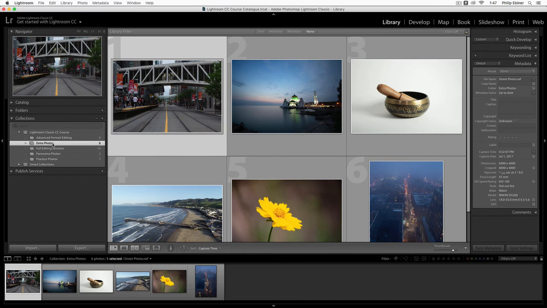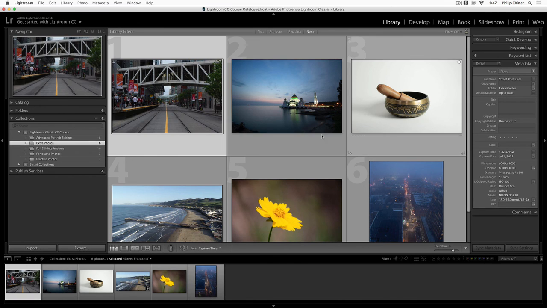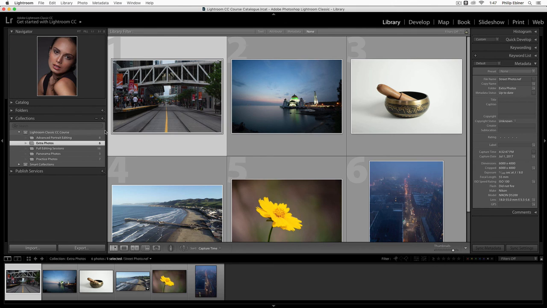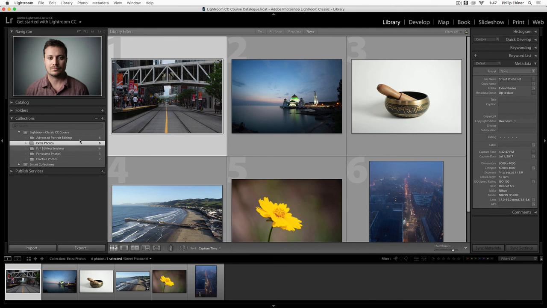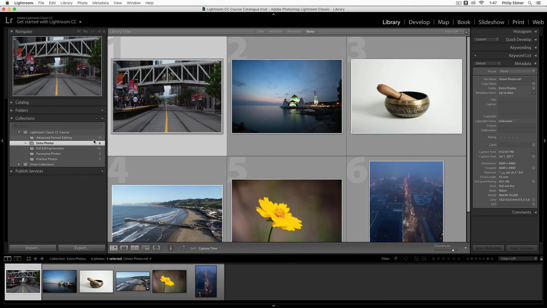All right, so we still have some amazing options for organizing, filtering, and rating our photos in Lightroom, and we're going to be going over those options next. But now you know a big tool and a big skill in how you create collections to stay organized in Lightroom.